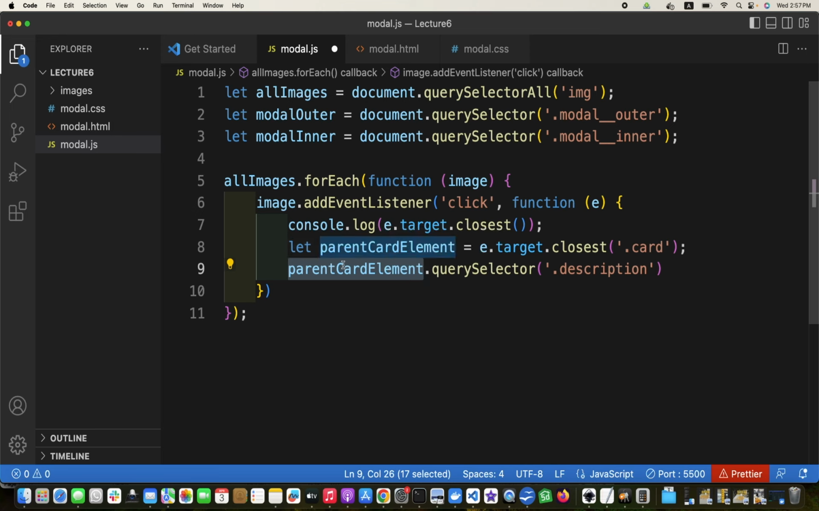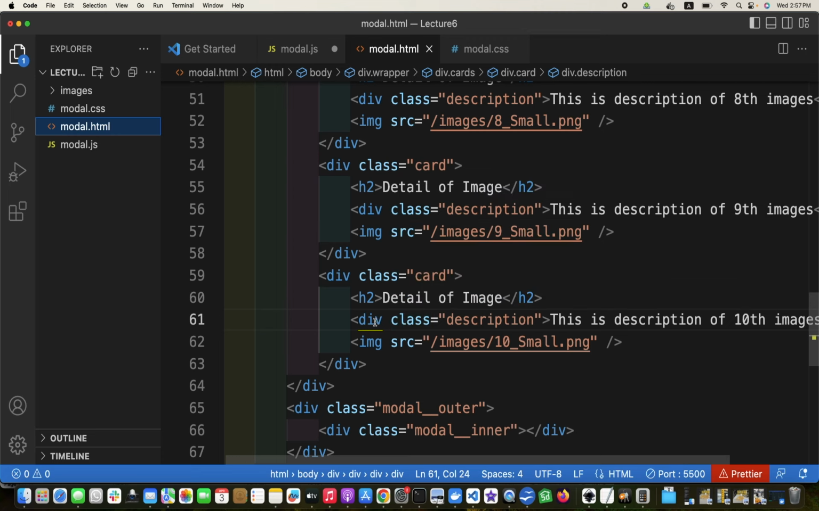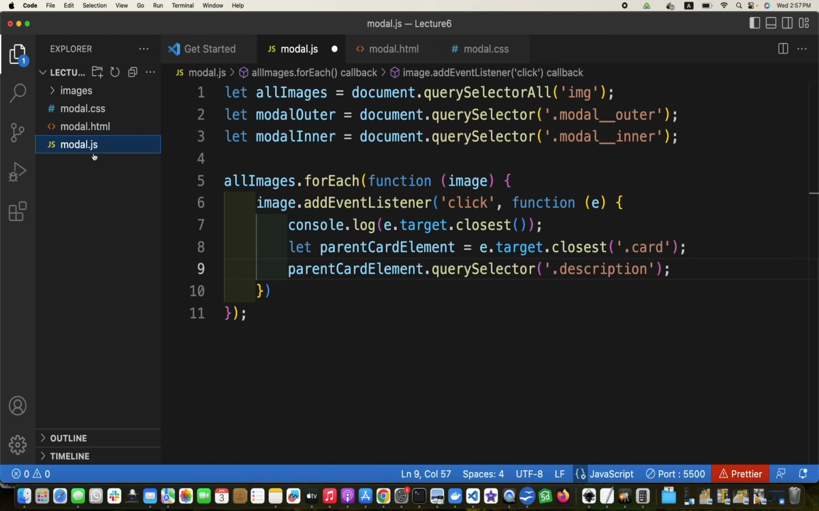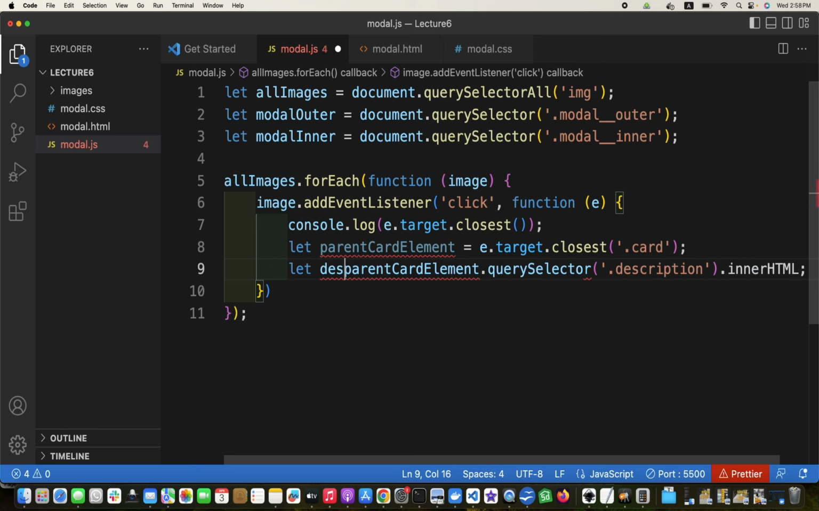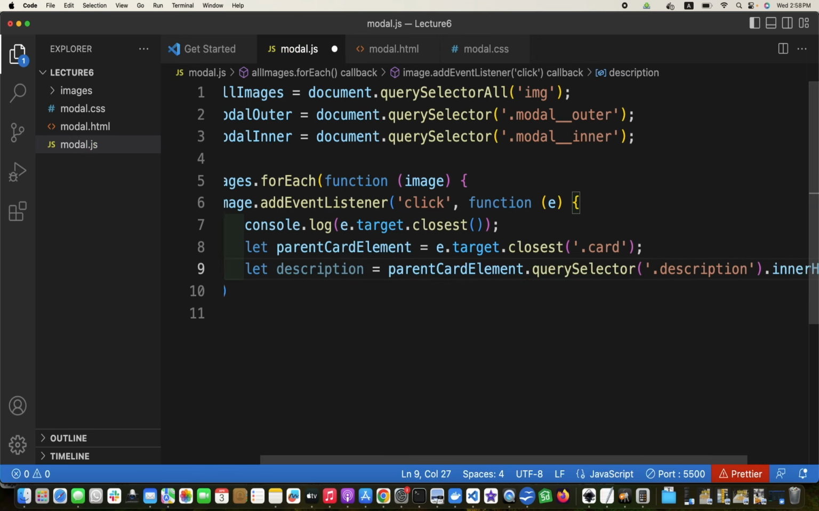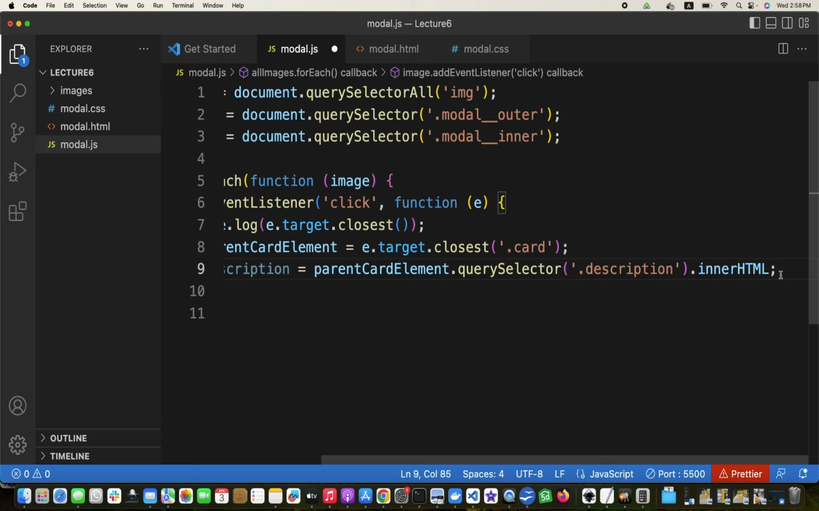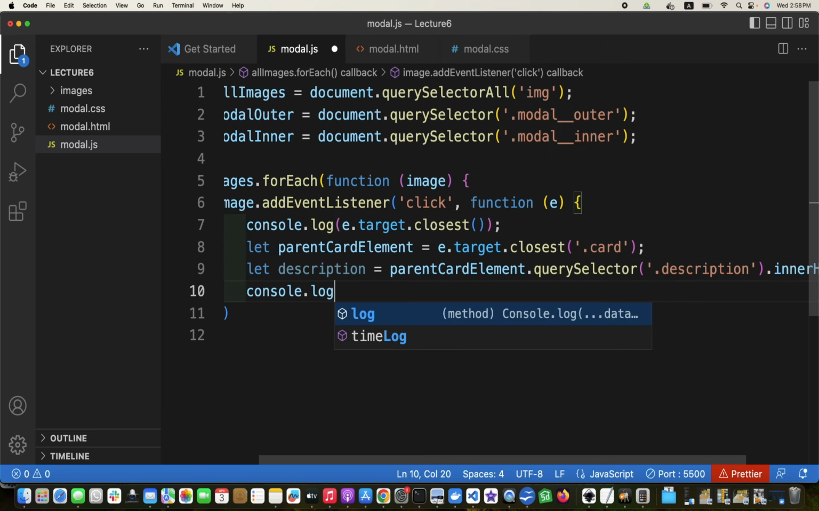So now it will search for .description, which means this div with class equal to description. And we will also search for h2, then .innerHTML, and we will assign it to a variable. Let description is equal to this. So if I now console.log the description,